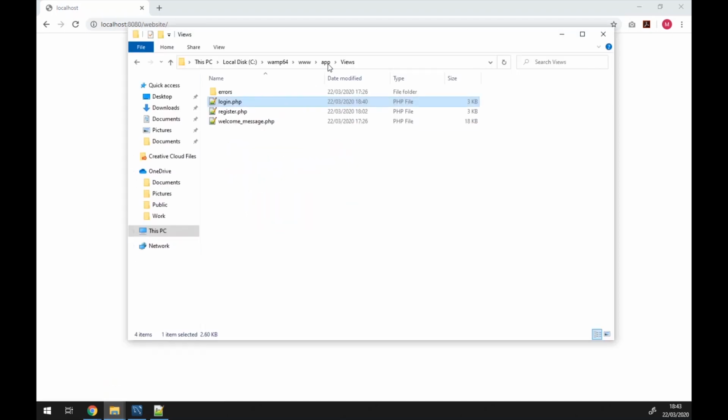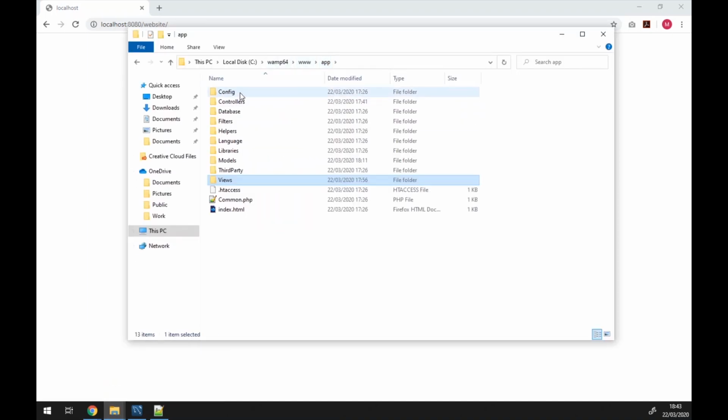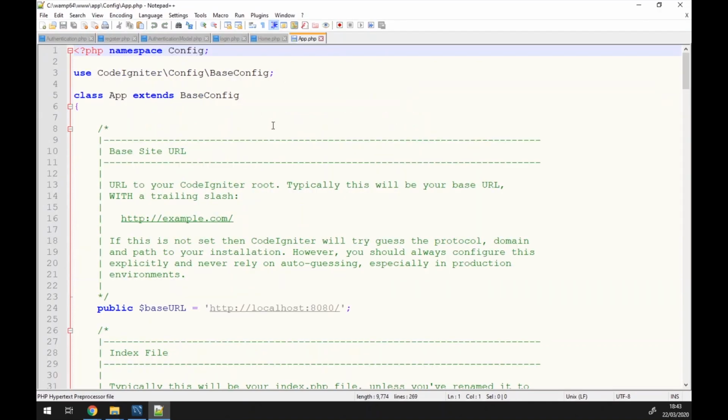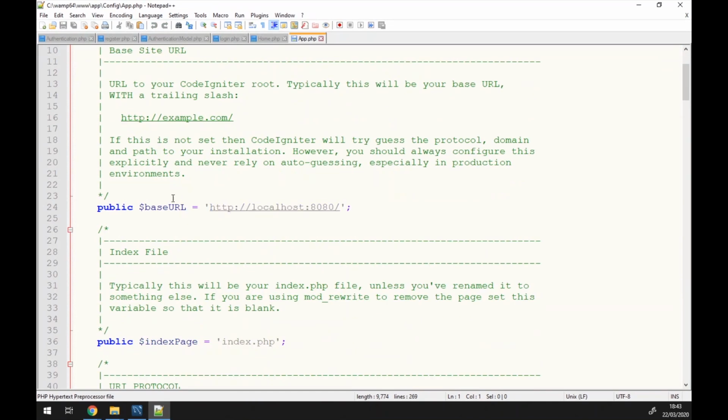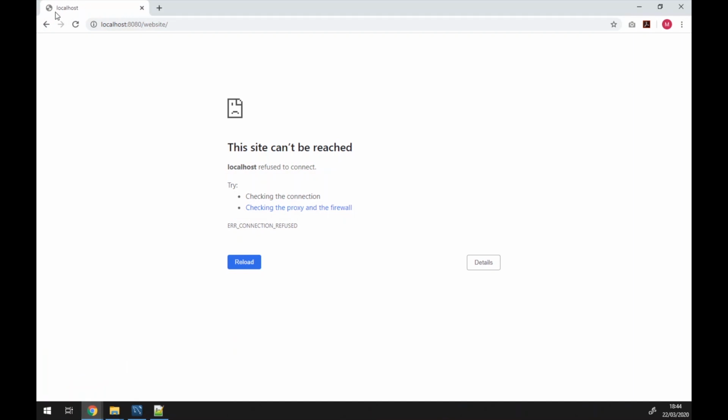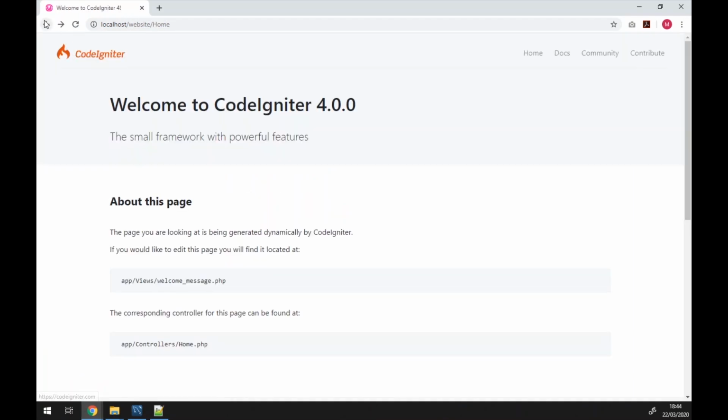So we're going to pop back into the app folder, go into config, into app again, and right at the top you'll notice that we have a base URL. Now, because we're using WAMP, we do need localhost, but we do not need the port number on there, so we're going to get rid of that and then save that file. We're then going to pop back into our browser and go back to our login screen,